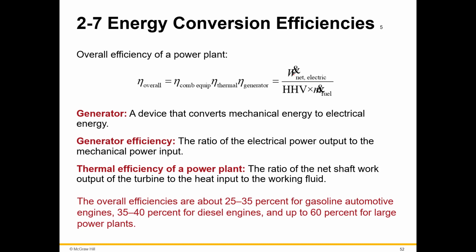So those are just some definitions for you to know what is what, but the overall efficiencies are about 25 to 35% for gasoline automobile engines. I mean, low, right? 35 to 40% for diesel engines, a little bit better, and then up to 60% for large power plants. So when we're talking about converting energy,